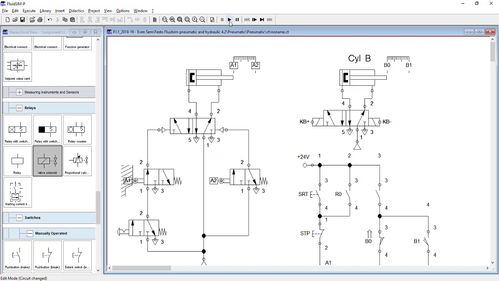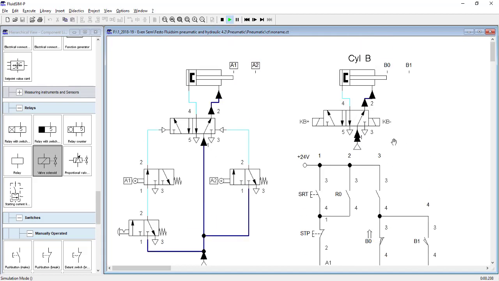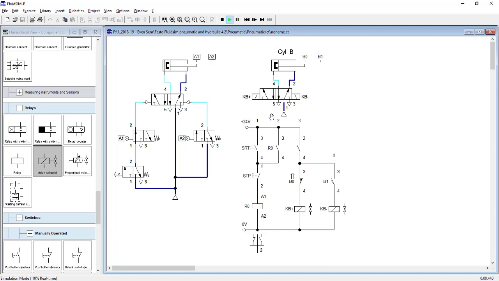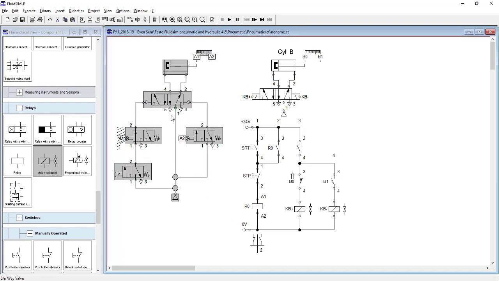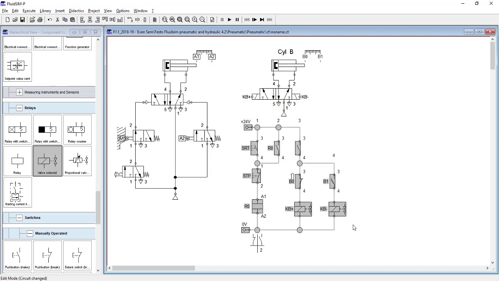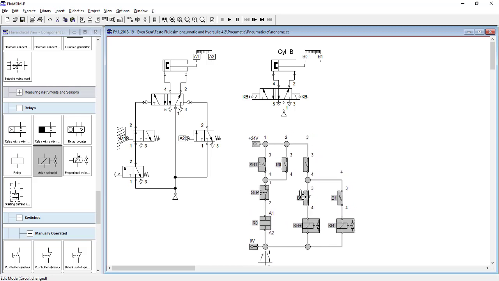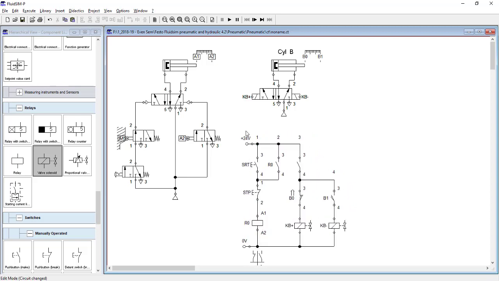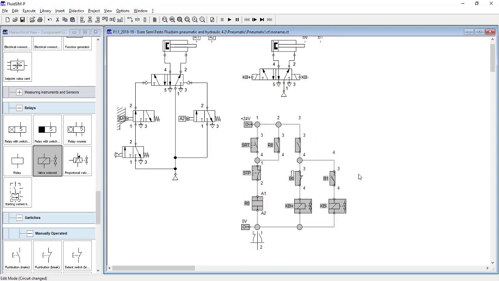Okay, so right now I will start my circuit. See, right now I have started my circuit. If you look at only the pneumatic parts, you will clearly see that in the pure pneumatic circuit the number of components is so high, but in your electro-pneumatic circuit the number of pneumatic components is very less. Yes, definitely there is a completely different electrical circuit which has to be drawn, which has to be controlled, but this circuit is nothing but a simple computer program.